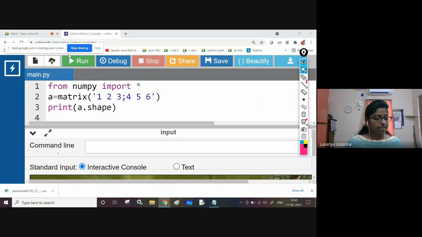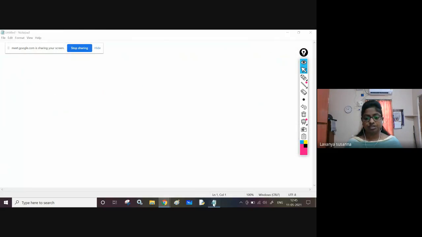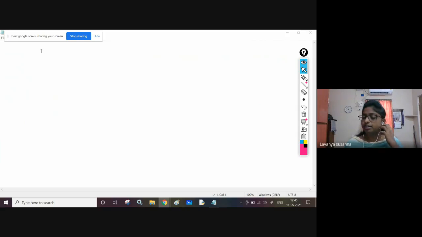Next one is reshape function. I request all the students to practice all those things. You can see on the net. You can use W3Schools, www.w3schools.com. You can learn Python there. It's very easy. I have also provided notes, my PPTs and the programs you need to do. All those things I have already mailed you.